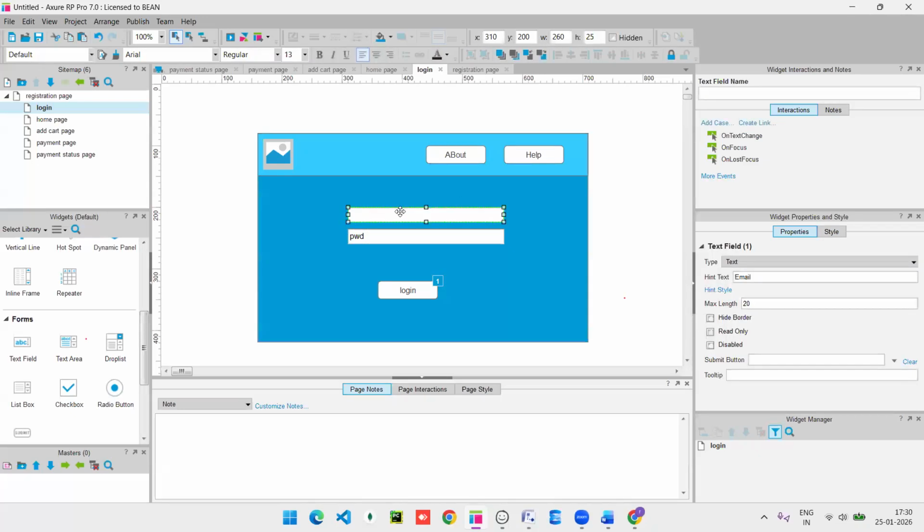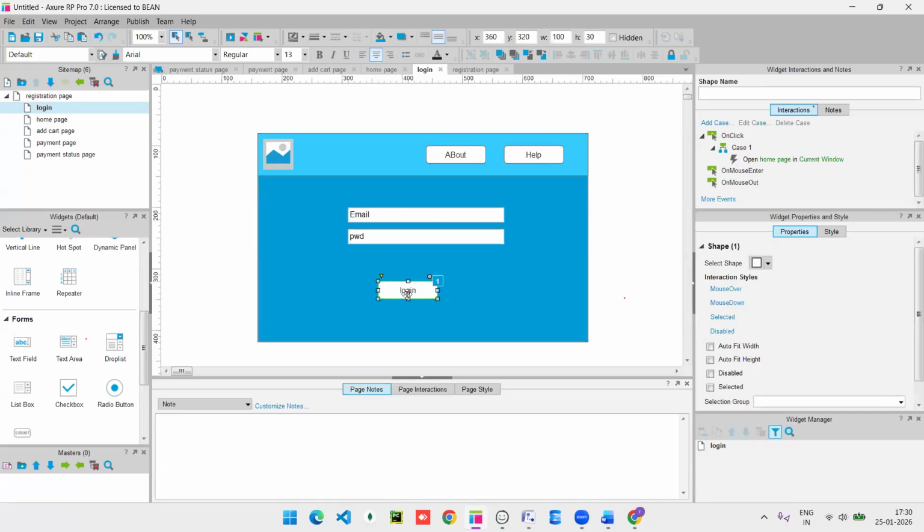Then come to this password. Here I need to add the conditions. To add the conditions, go to, where is the on click. Okay, wait a second. Okay. So to log in yourself, whenever you want to redirect from one page to another page based on the validation and conditions,